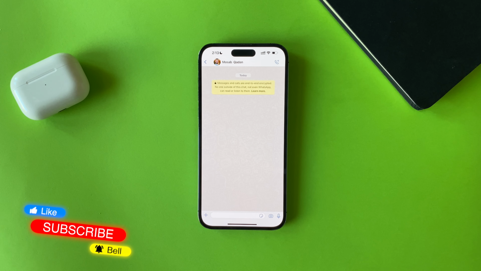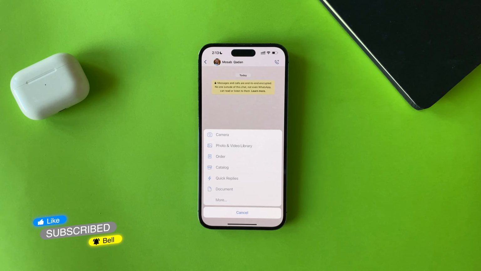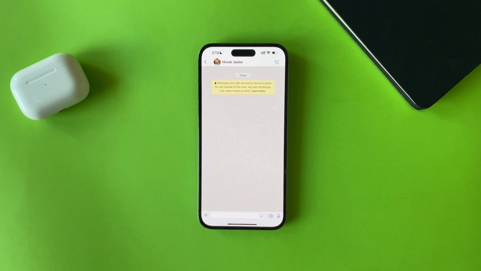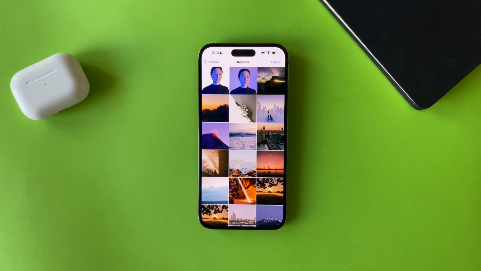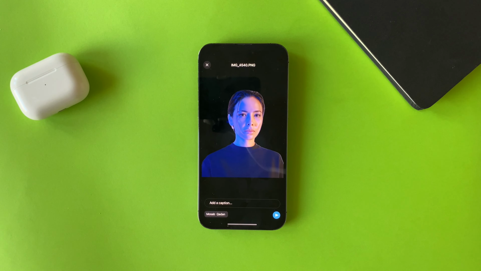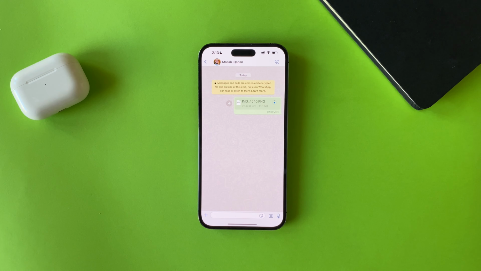to send the photo to, and then tap on the plus icon here, tap on documents, and now where is your photo? Choose from files or from the Photos app. In this case we have it on the Photos app. Tap on the photo here, and now as you can see it's without background